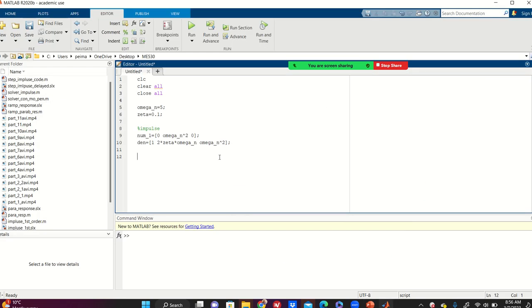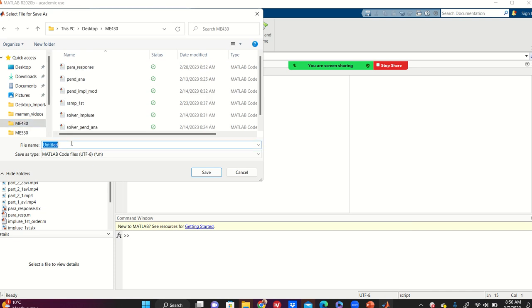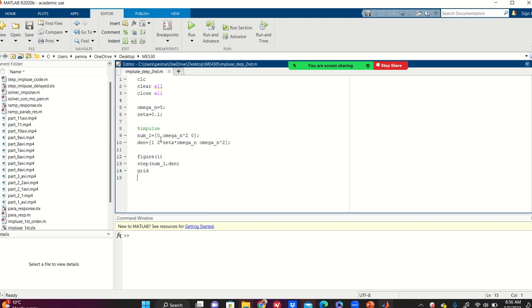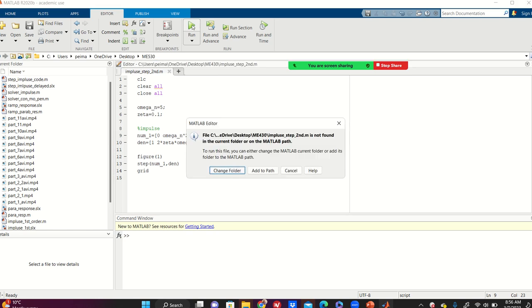Okay, so I'm saying figure 1, step, but I'm plotting impulse, num1 and then grid. That's it. And I'm gonna say the title is ME430, impulse and step of second order system. Okay, so please pay attention that we change this. So here we go. So if I run it,